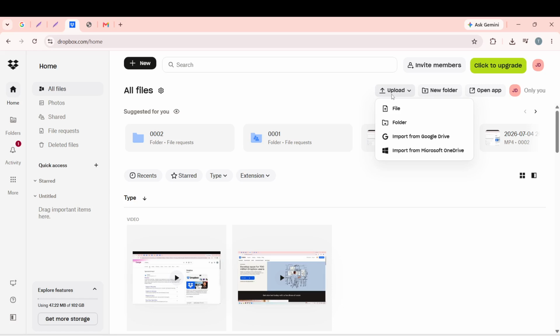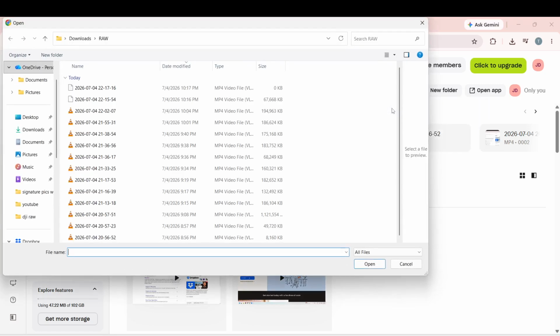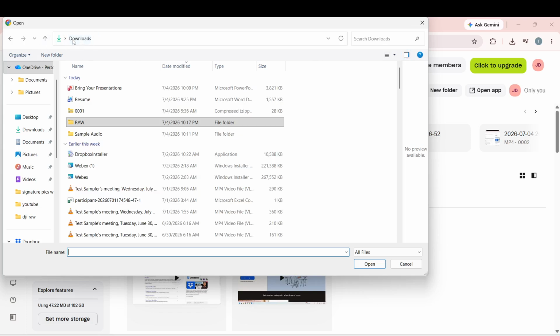From there, select the File option from the drop-down menu. This action will open your computer's File Explorer, allowing you to browse through your local files. It is crucial to choose the right option here because it defines where you will select the files you want to upload. You will see various options, but selecting the File option is the correct choice for this process. This step ensures that you are ready to locate your specific PowerPoint file.